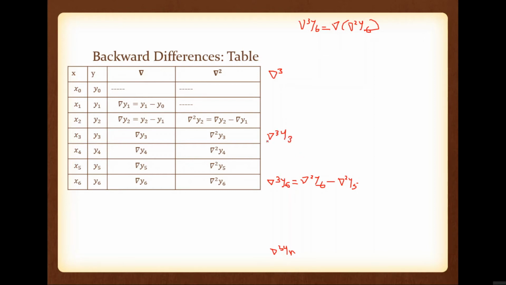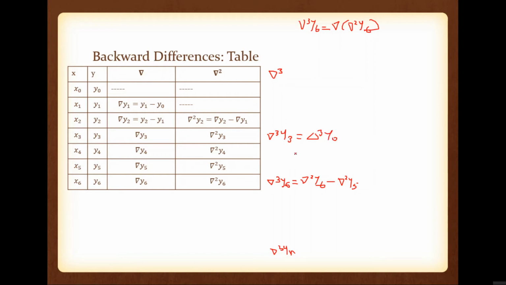Del cube y3 equal to what? Del square y3 minus del square y2. Okay. Now from the expression point of view, this is equal to the forward difference term delta cube. You can say that it is equal to delta cube. This is third order, so this is 3. 3 minus 3, that is 0. So delta cube by 0.